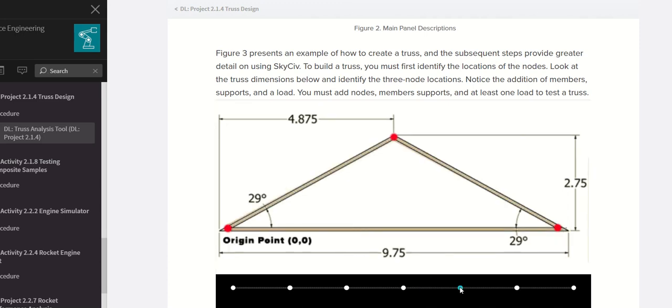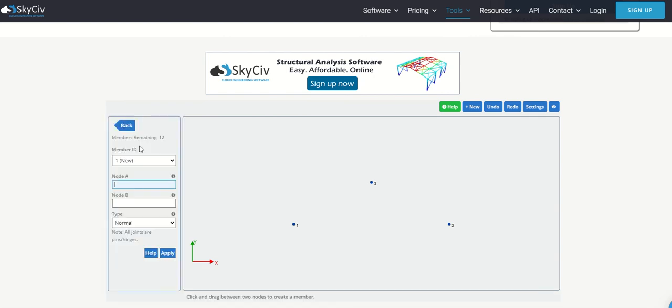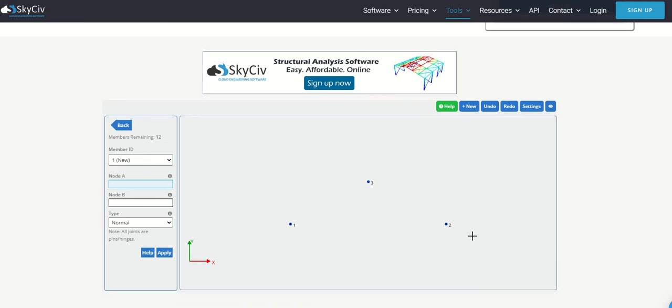The next thing is I need to add members, okay, which are these lines that you can see, all these bars. So this is kind of simple to do. We don't have to really measure or anything. So I'm going to click on back, add members right here, and then I want one of my new members to be from node 1 to node 2.